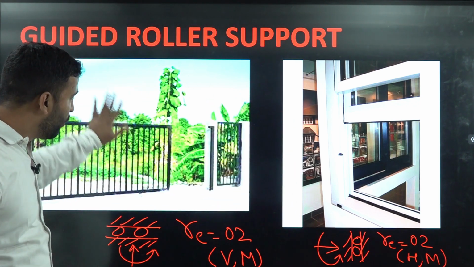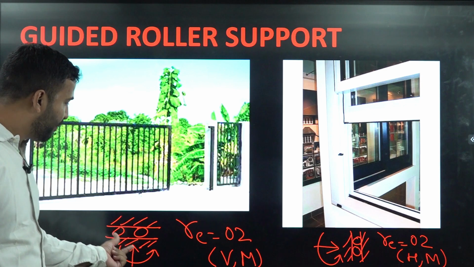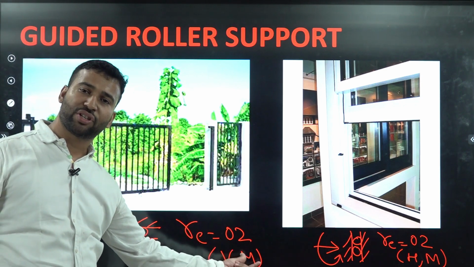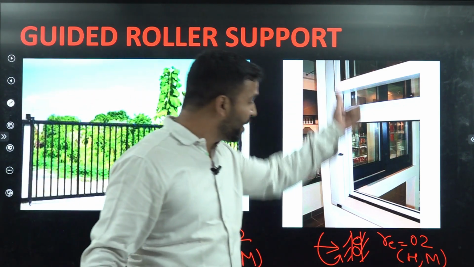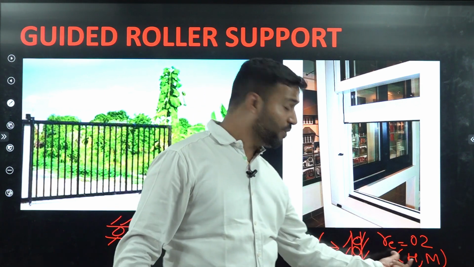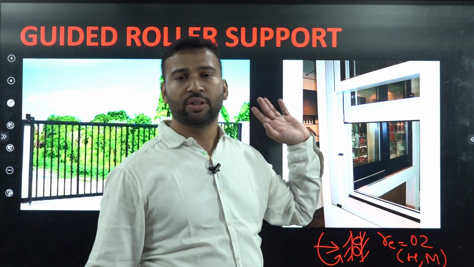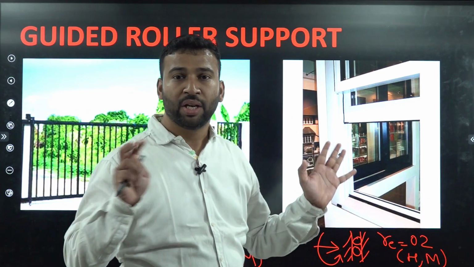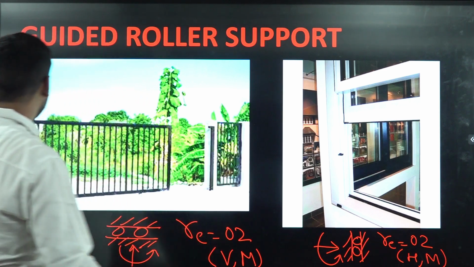If it is a case of horizontal guided roller, then definitely vertical reaction and moment of resistance will be there. If we have a vertical guided roller, which will appear like this in our real life structures, we will have horizontal reaction and moment there in the form of reaction. Clear, student? Now the last type of support